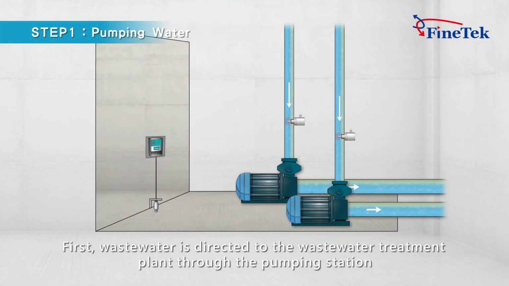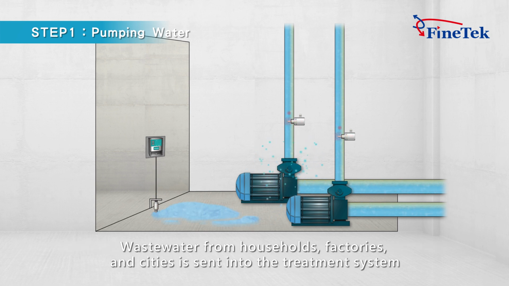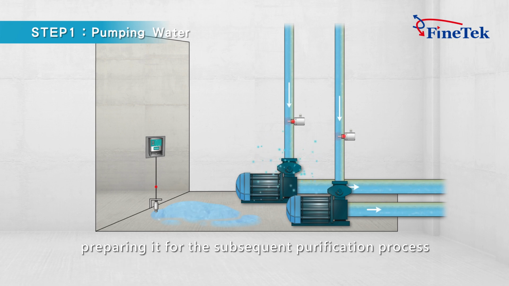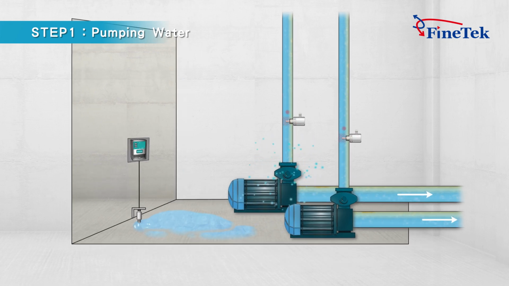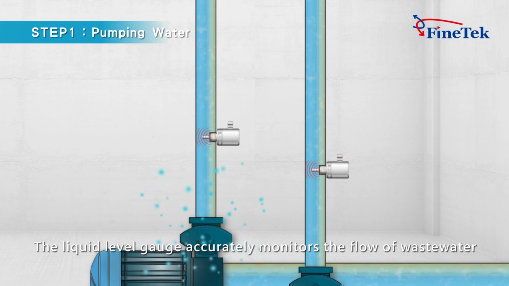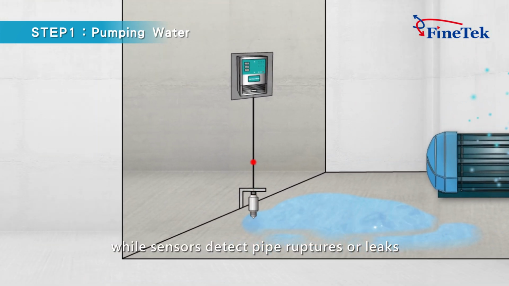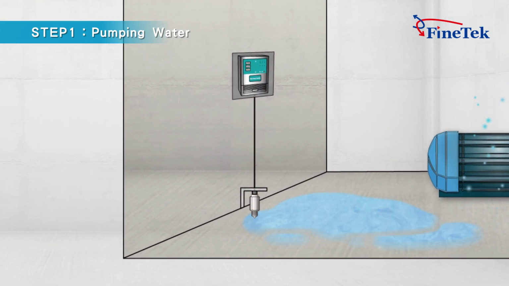First, wastewater is directed to the wastewater treatment plant through the pumping station. Wastewater from households, factories, and cities is sent into the treatment system, preparing it for the subsequent purification process. The liquid level gauge accurately monitors the flow of wastewater, while sensors detect pipe ruptures or leaks, ensuring the stability